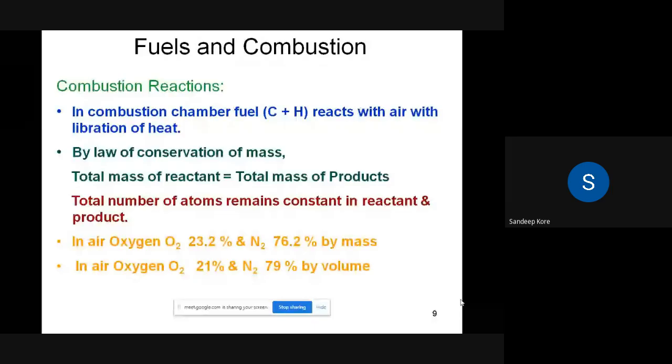Okay, so just wait, where are we. So the total amount of oxygen in air by mass is 23% and by volume it is 21%. You might already know this, or you did the experiment in the 8th or 9th standard regarding this percentage of oxygen present in the air.